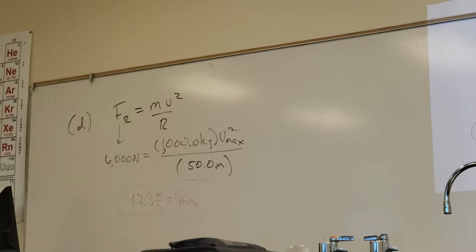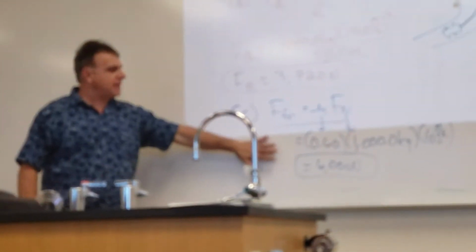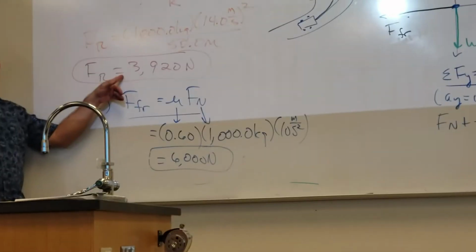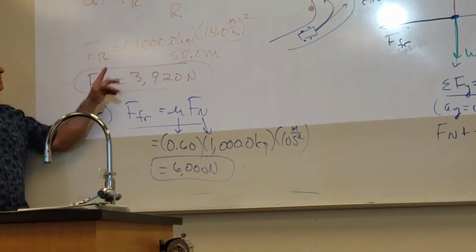Not that much different than 14 meters per second. In 14, it looked like they made it easily, right? So, I mean, this is about 4,000 newtons, and they have 6,000 available because of the stickiness of their tires with the road. But only increasing this by a few meters per second, suddenly they're approaching this because the V